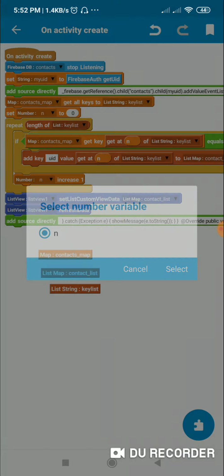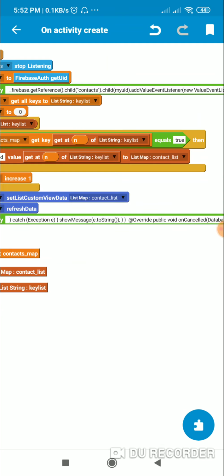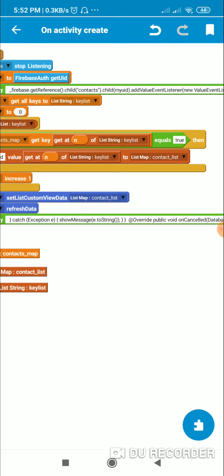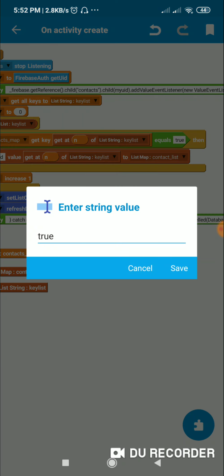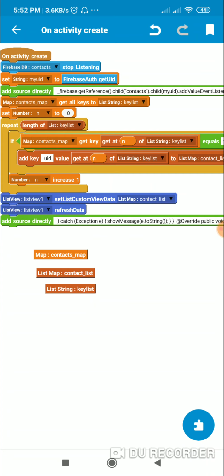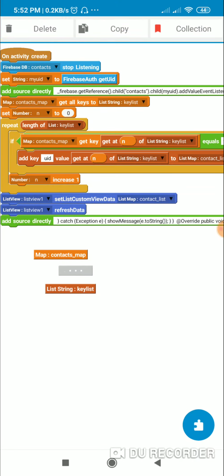Then I set a number variable n to 0 and repeat for the length of key_list, if contacts_map get key get at n of key_list equals true. So if the value of this user is true, then I add that UID to this contact_list.